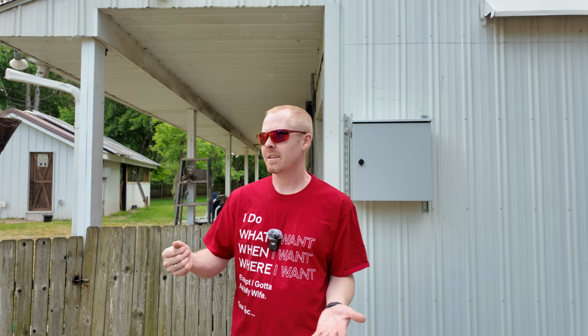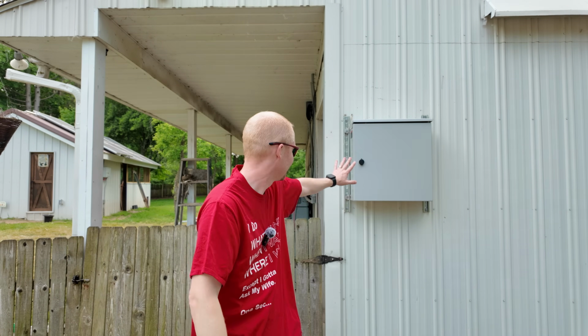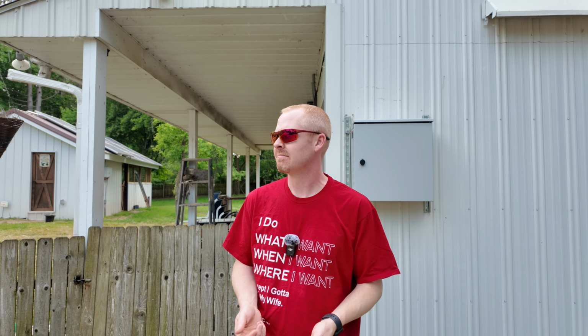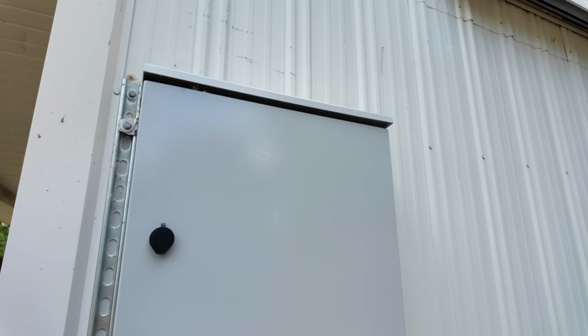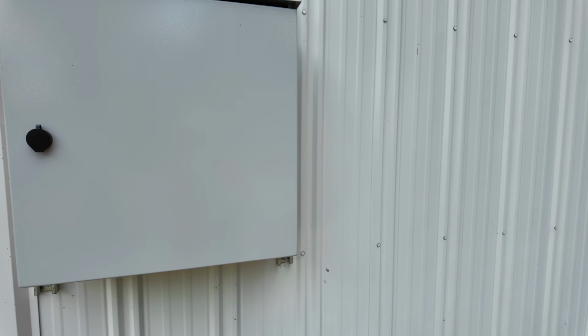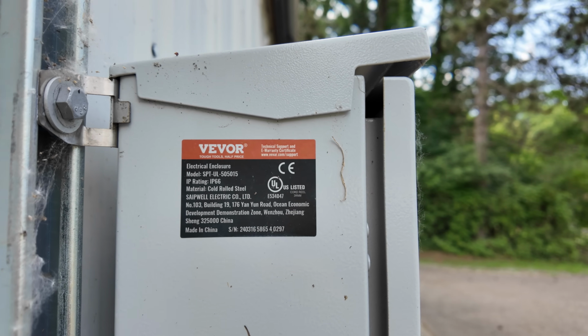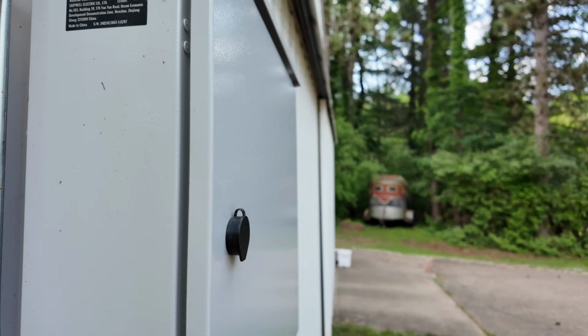Well, good afternoon, everybody. So it's finally time that I actually try and get this external DIY combiner box all wired up. It's probably been a couple of months since I showed you the pre-built combiner that I have on the side of the coupe. I actually got this box all mounted up last fall. I picked it up from Vivor. I believe this is a 20 by 20 by 6 inch externally rated